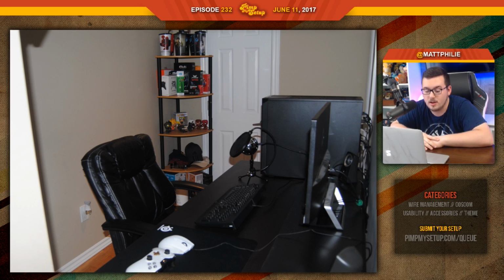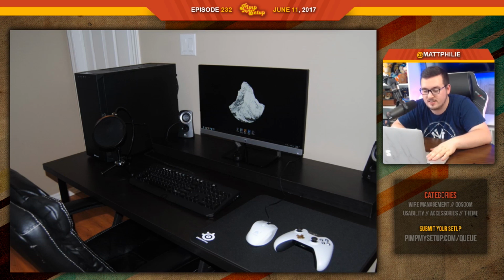Okay, actually it's a good point. Bone said it's the hallway, which in that case makes me think you're even more stupid than you actually are. First off, the closet in the back where the shelf is, how do you open that? The door to the side is the only viable option I see to actually enter this room. Even then, that's pretty tight, but to the right of what we're looking at right now, from where this photo's being taken...